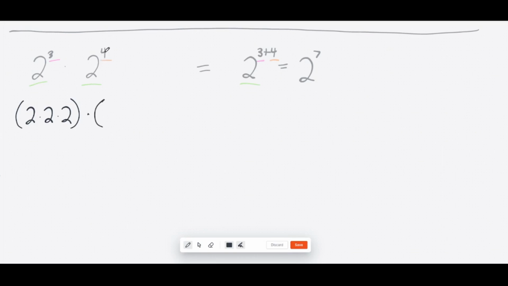Again, same argument, except that we have an exponent of 4 instead of 3, which means we should multiply 2 by itself 4 times. So in other words, we should have 4 2's multiplied together instead of 3 2's. So if we work that out, 2 times 2 times 2 times 2. Now you could plug this into a calculator if you want, but you don't actually need to do that, because